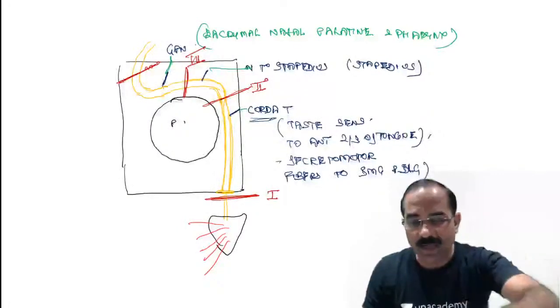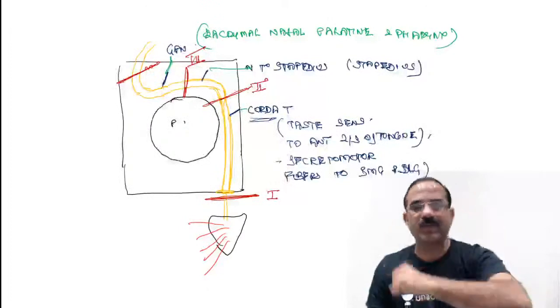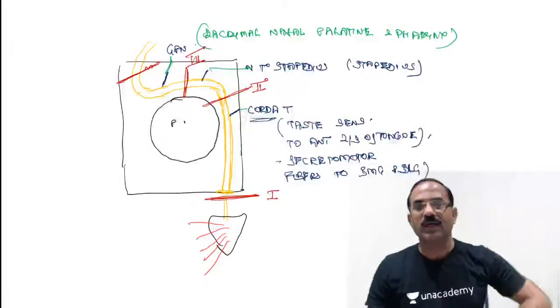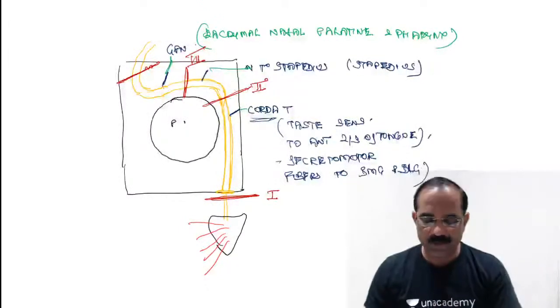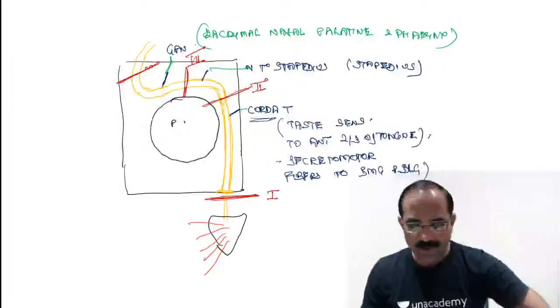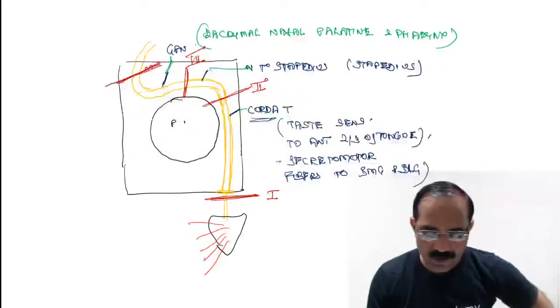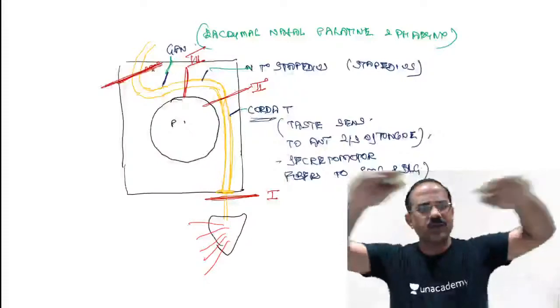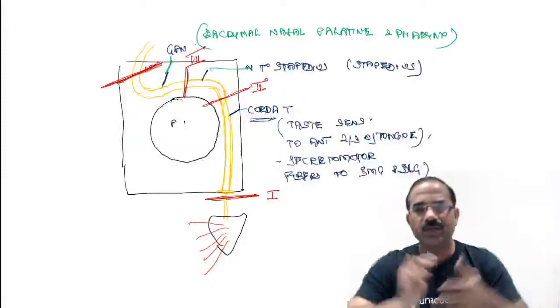Because the parotid is supplied by which nerve? Glossopharyngeal nerve. Is this clear, students? I hope this is clear. And when there's a lesion of the facial nerve above the geniculate ganglion, a high lesion of the facial nerve, a very high lesion of the facial nerve,